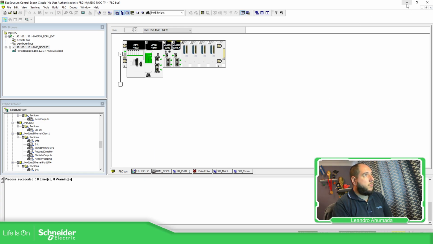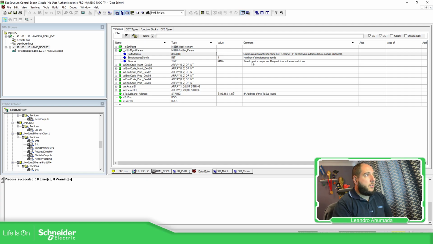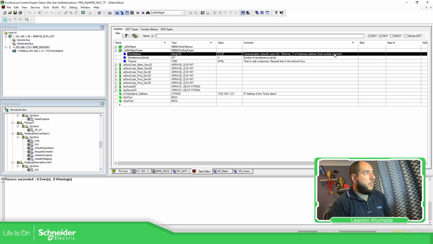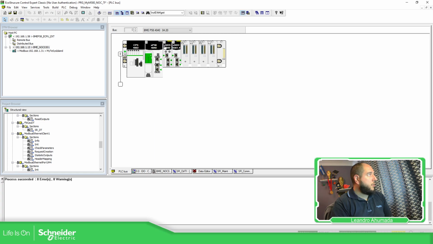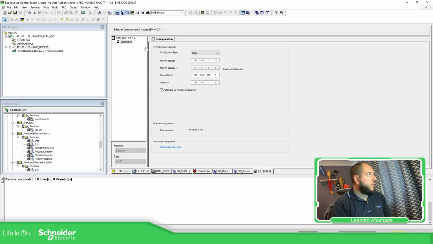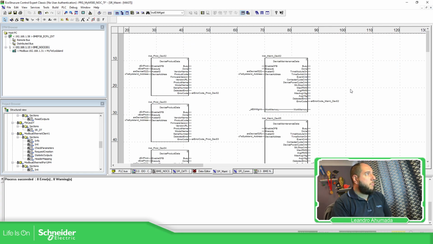Okay, so if we go to data editor, here, rack, module, and channel. Okay, so rack, module, and channel 0. Okay, rack, module, and channel 0. But if you go here, channel 0. Now seems to be everything fine, but